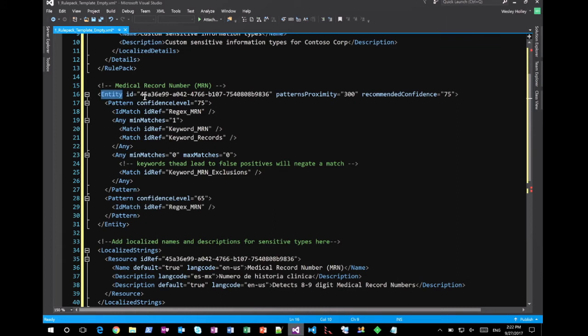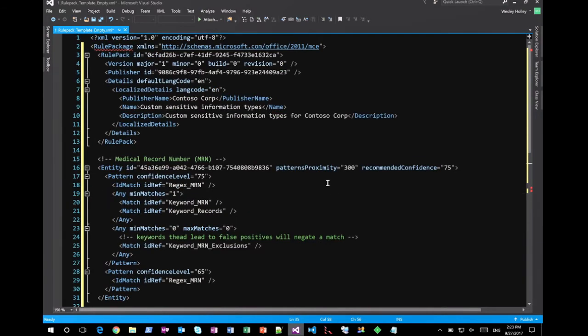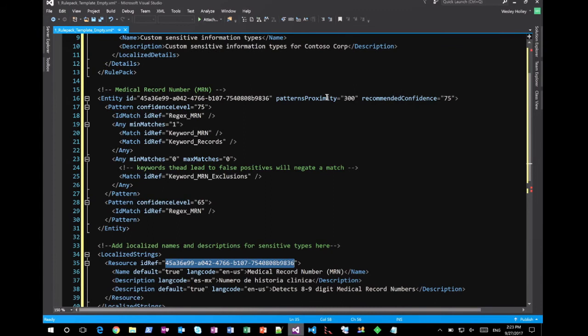So the first is the sensitive type itself. When we're looking for individual pieces inside of a document, it's called an entity. We're identifying individual entities in the document. And each entity comes with an identifier. This allows you to use it different places. This is also what links to the localized strings down below. And of course, like we just talked about, there is the size of the proximity window that we want to